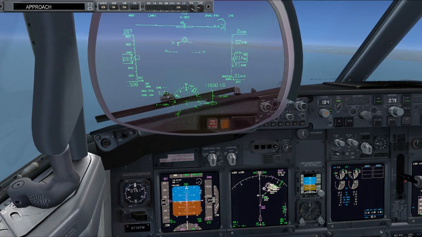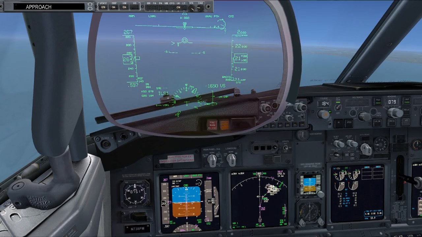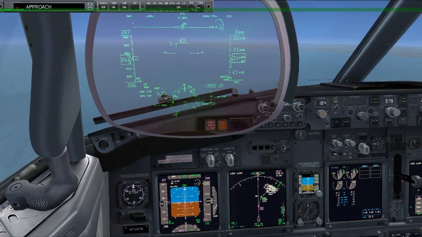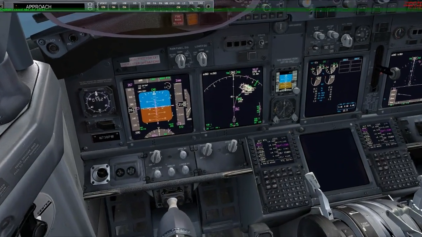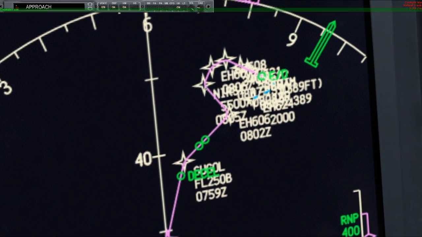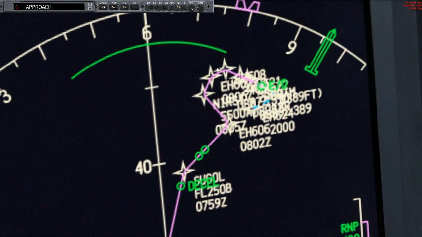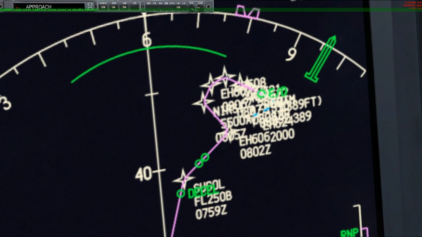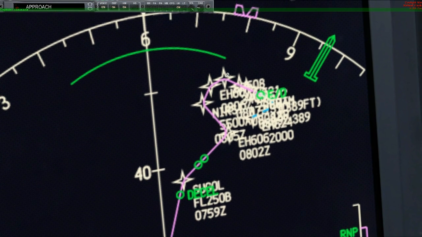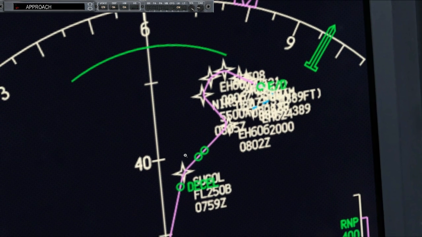Now, what's going to happen when we get over here is as we start to make this right-hand turn, the runway is here. I don't know if you can see that, and I can't really zoom in. Yes, I can actually. What am I saying? Let me just zoom in on that. There. Okay, so as we make this right-hand turn, we'll be intercepting the localizer about here. So I'll arm the localizer here, get the co-pilot to do that. I'll arm approach here. Once we're established on the glide slope where we've intercepted it, I'll call command B, which is the landing,